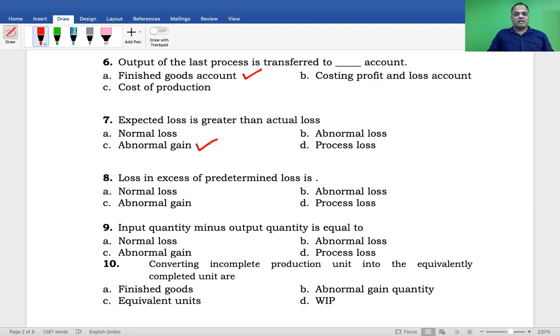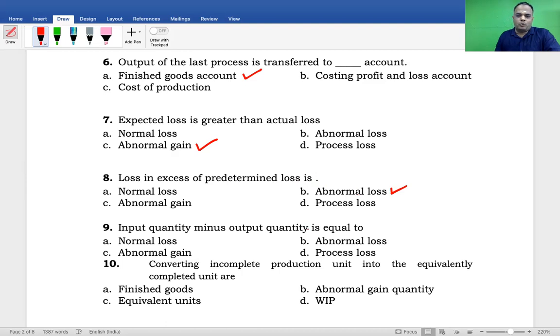If actual loss is less, then the expected loss is higher. Then what has happened? There is a gain. The loss is reduced. Right? Good. Loss in excess of predetermined loss, that is called abnormal loss. We have to be careful. Okay? When the loss is extra compared to the expected loss, that is called over and above the normal loss, which is called abnormal loss. Okay? Then